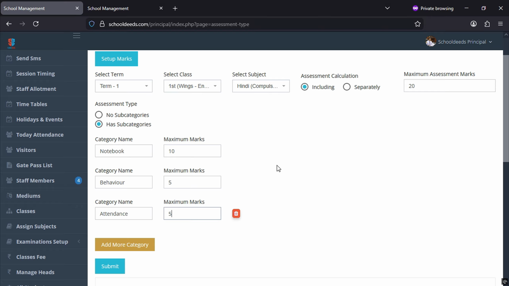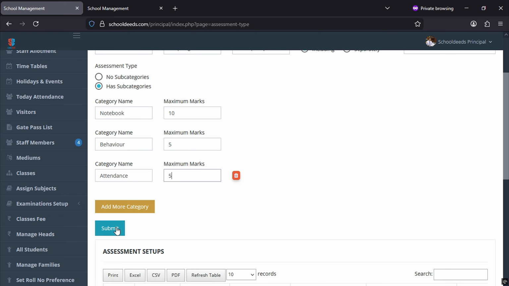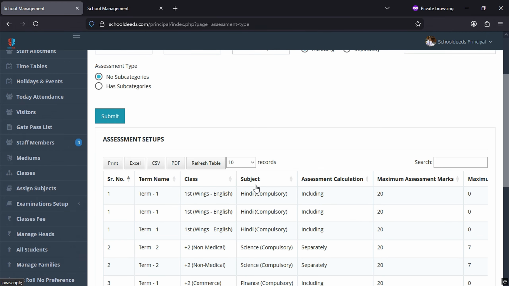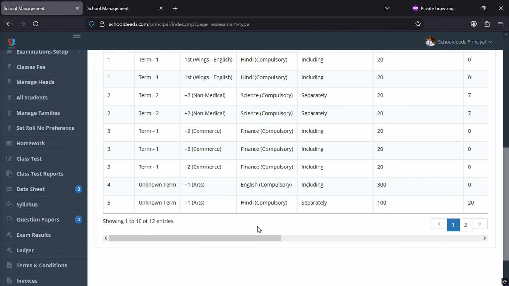And we can click on submit right here to make this term 1 assessment setup for first class in the Hindi subject. If I click on this and click on OK, we can see right here it's been made Hindi compulsory and assessment calculation is including, and if you go down